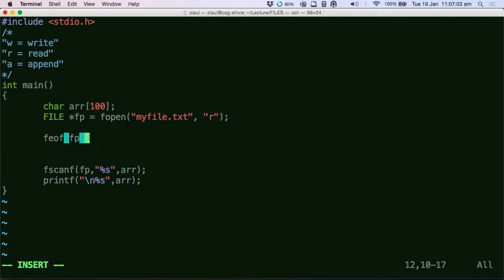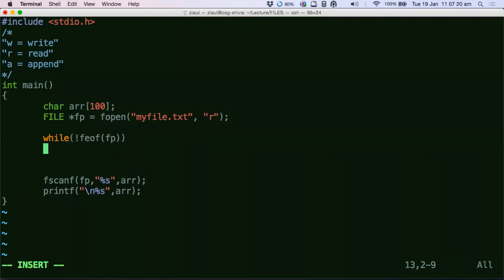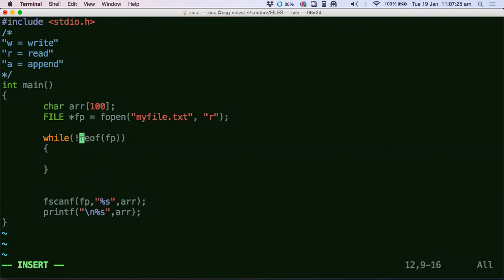So now we could actually use this logic and read all the text that is there in the file, using repeated invocations of fscanf. So how do I do that? I just say while, okay, let me just do this. While feof is not equal to what? What should this be?